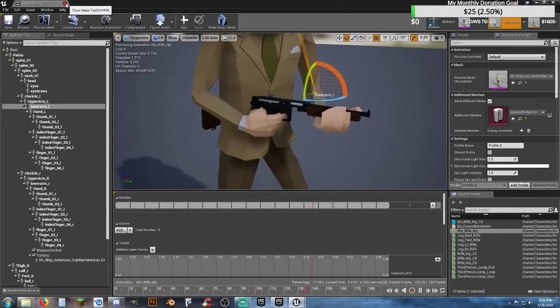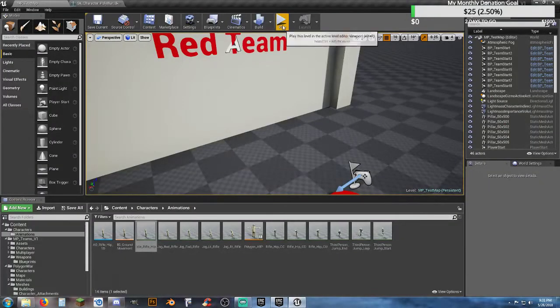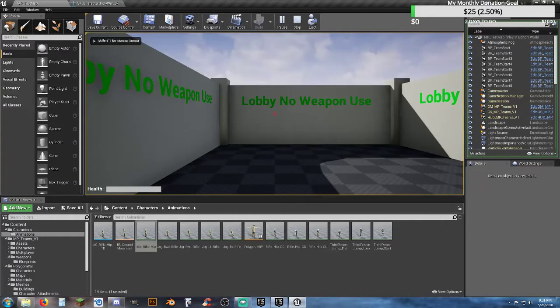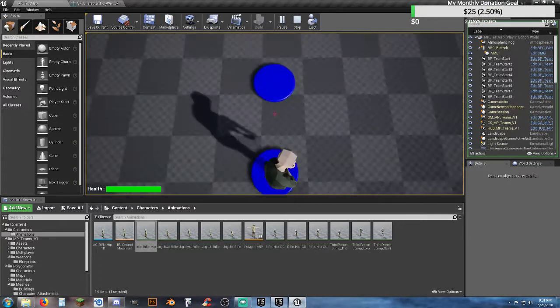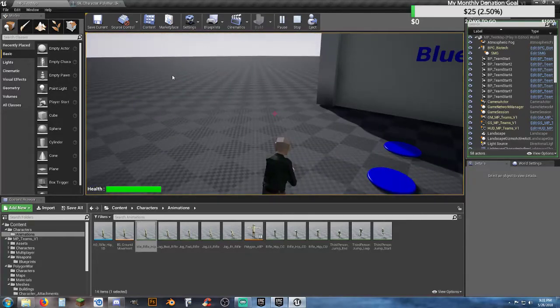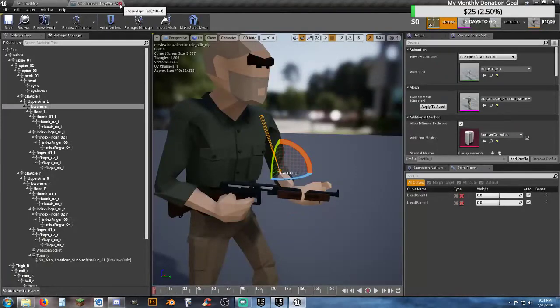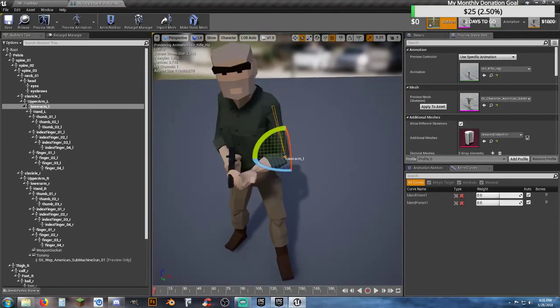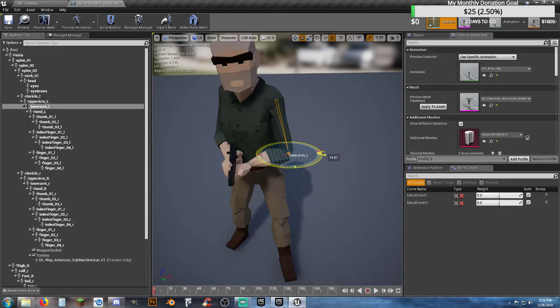So I'm going to hit save, and I'm going to close that temporarily. I'm going to go in here and hit play, pick a class, pick a team, go in here, and it's absolutely still not right. So why isn't it right? Well, we're going to ignore the skeletal mesh right now. You can see it's actually changed again. So I do that and hit save and hit play. It looks right in the skeleton,